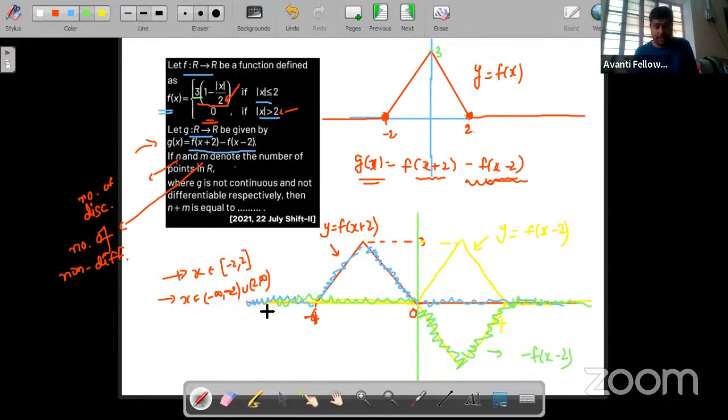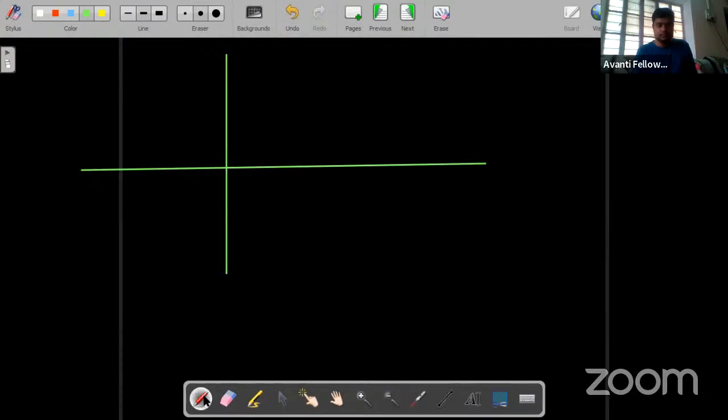So what will happen? Here you can see on this side there are both colors, means the function value is 0. 0 plus 0, right? 0 plus 0. So till -4 the net graph is 0. Clear? I'll use a different page. Okay, so till x equals -4, we were getting g(x) as 0 because both graphs were there.